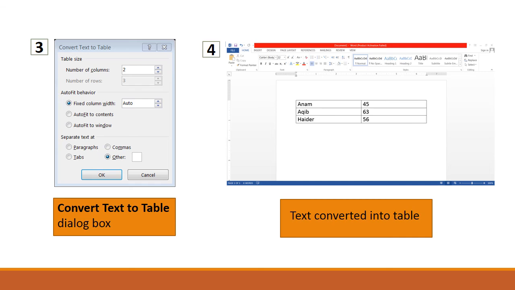Why? Because we wrote our data in 3 rows, in 3 lines. That's why this option is already selected. This is already confirmed. We just have to enter the number of columns. For example, I'm going to enter number 2.